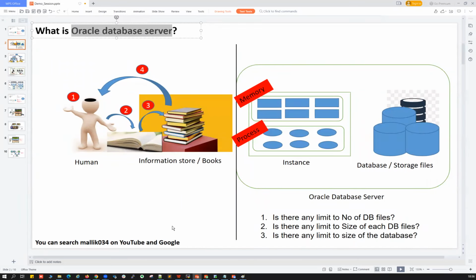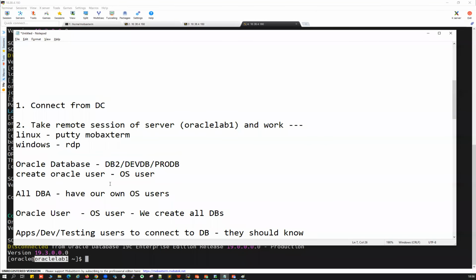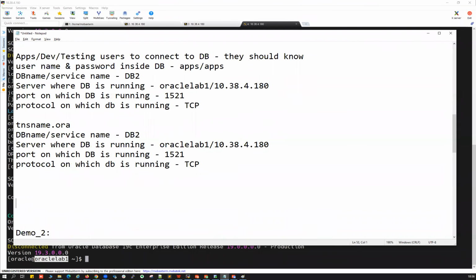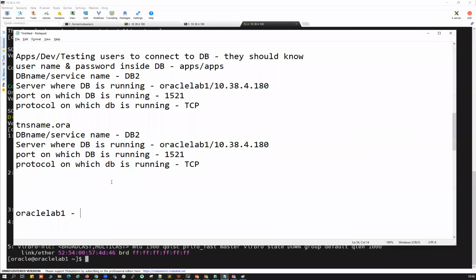An Oracle database server is nothing but your Linux server. Whatever this Oracle Lab 1 is, and whatever the IP address is here, this is OEL, Oracle Enterprise Linux 7.9. This is the Oracle Lab server, the host, the physical server or the virtual server. On top of this we installed my DB.